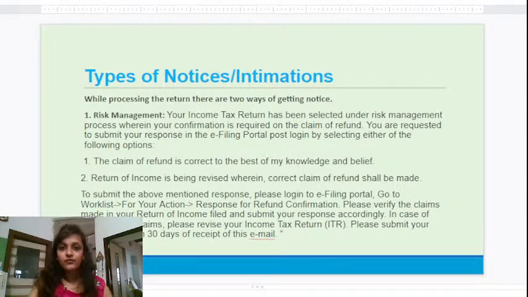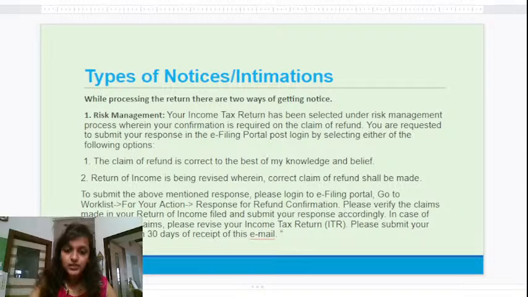The second reason would be that there has been some error with respect to TDS. The TDS that you show in your return and what is actually shown on the TRACES website might not match. When there is such a mismatch, there are high chances of getting a notice. Now, how can you resolve it?